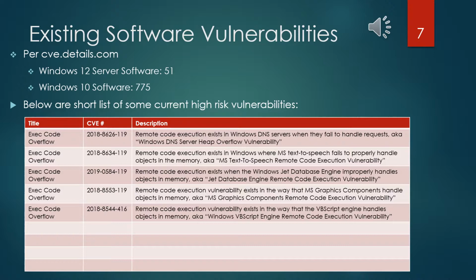This slide highlights a short list of existing software vulnerabilities for Windows software. Our enterprise servers, web servers, and rack mount interfaces are currently running Windows Server 12, and our workstations and desktops currently run Windows 10. According to known and reported software vulnerabilities, primary high-risk vulnerabilities to our systems are remote code execution. As you can see, the Common Vulnerabilities and Exposures database lists several hundred vulnerabilities that should be investigated and mitigated if possible.